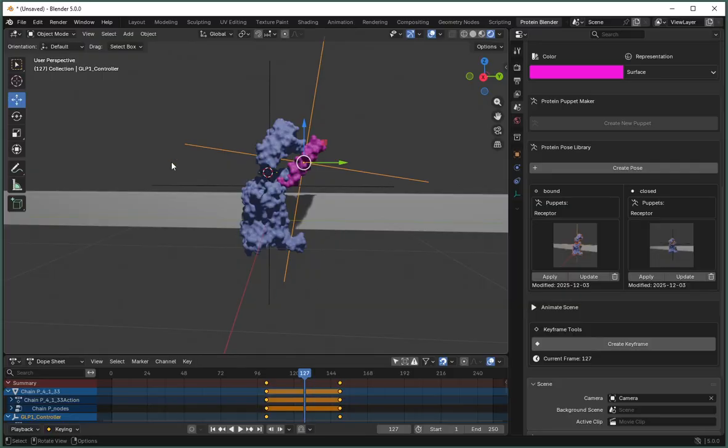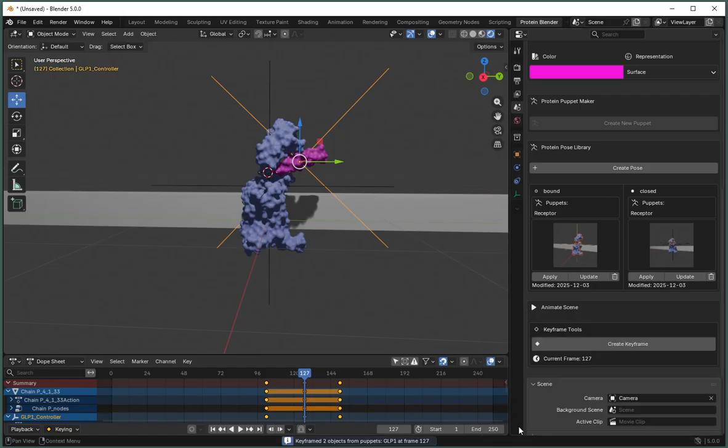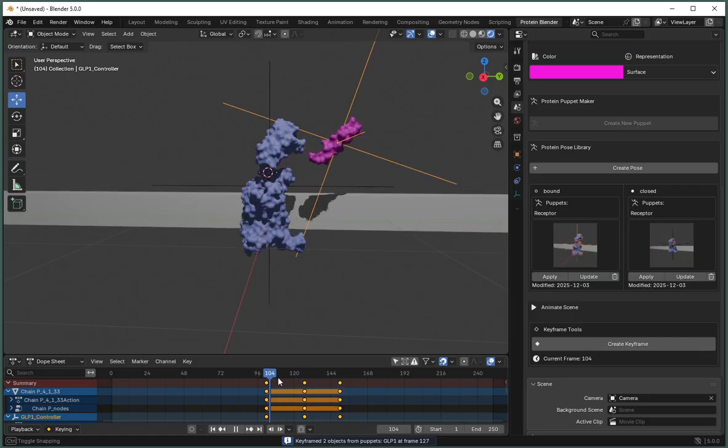So I'm going to create another keyframe here where we're going to rotate it and adjust this a little bit so that it doesn't look quite as bad. All right, so here we go. Gonna create another keyframe, and now you can see it kind of wiggles its way in there. And now we want to also animate